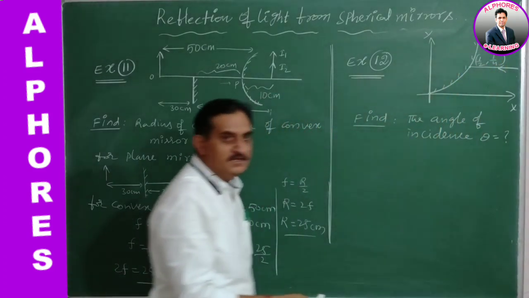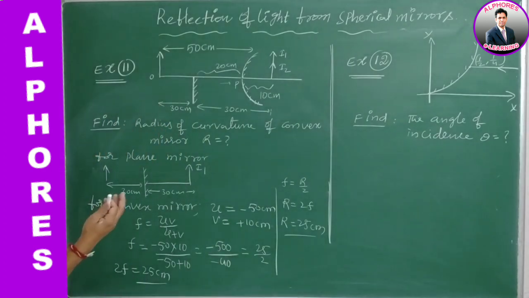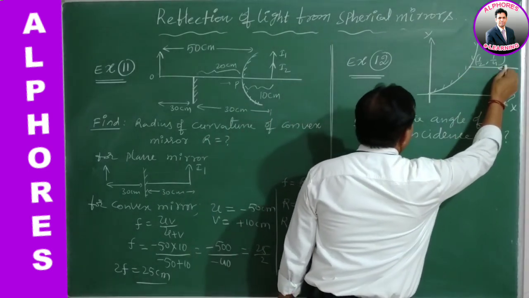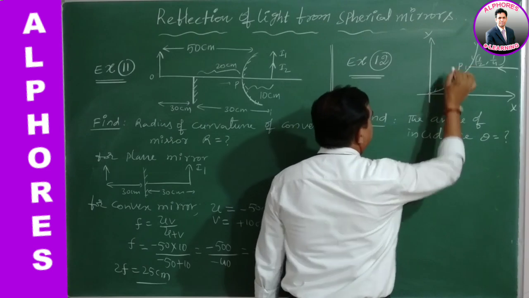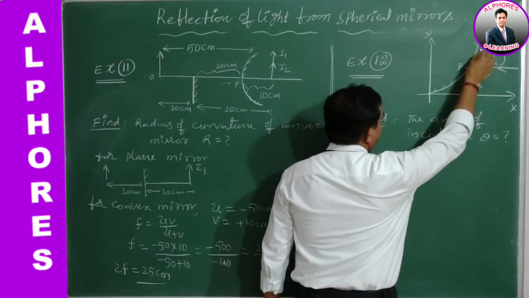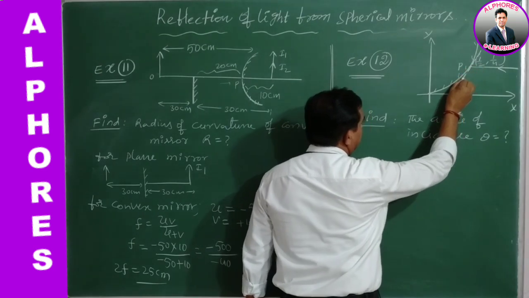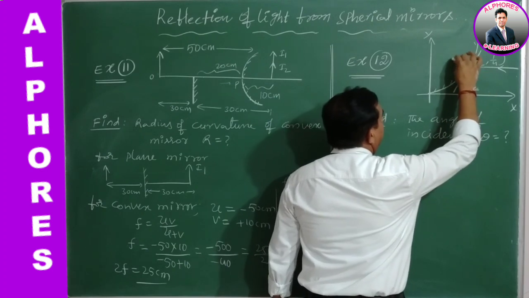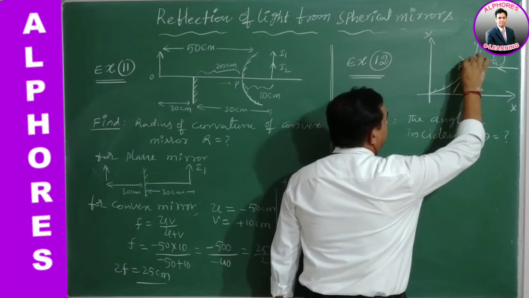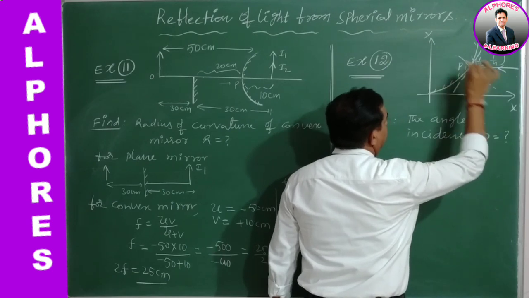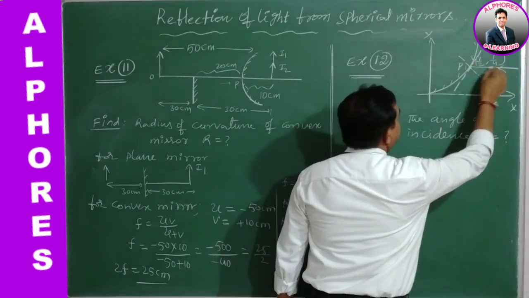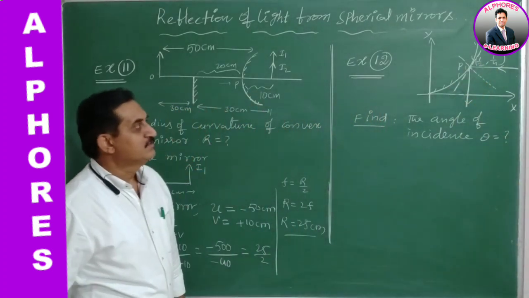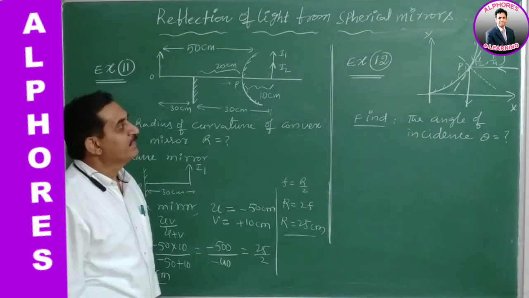The curve y is equal to x square is given, which means it is a parabolic mirror. On this mirror, a ray is incident at point P, where a tangent is drawn. Then a normal is drawn to this tangent, and the ray, incident on it, undergoes a reflection. We decide in what way it is reflecting.